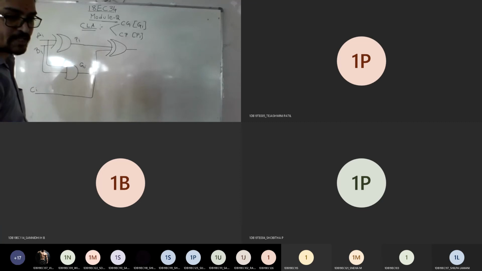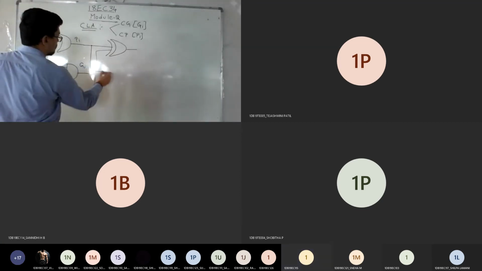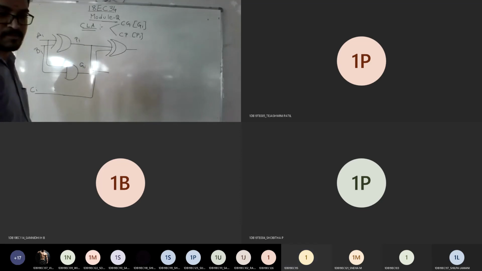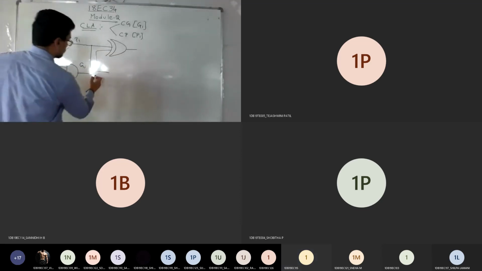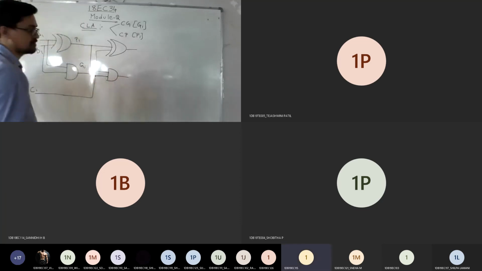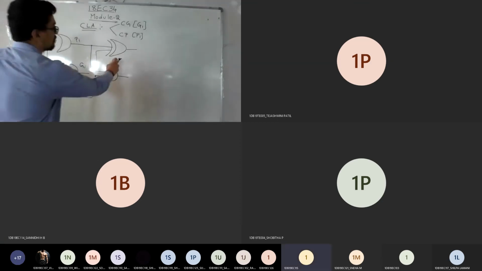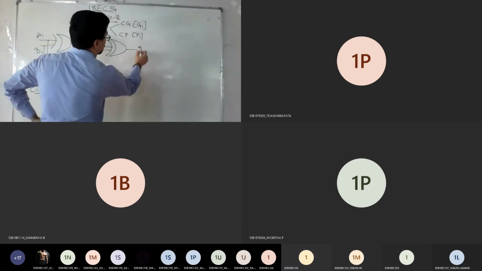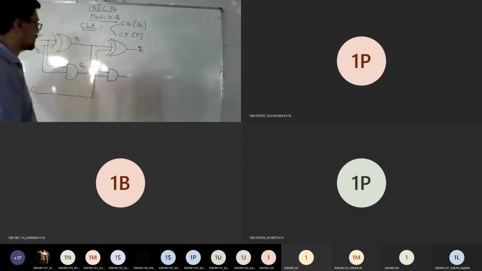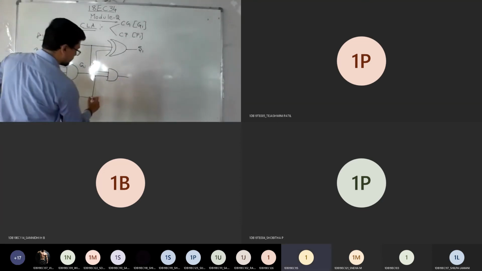So in the same way, I need to connect one more input to your AND gate. So what is the output from this? This is your sum. So XOR gate 1, XOR gate 2.